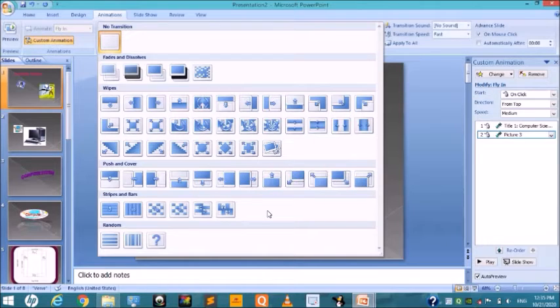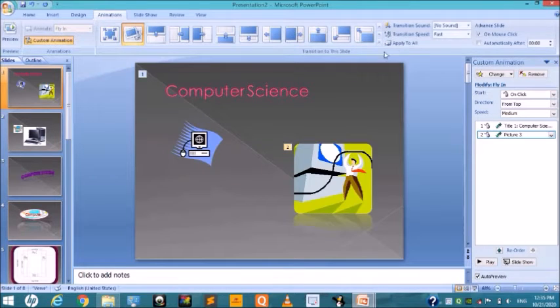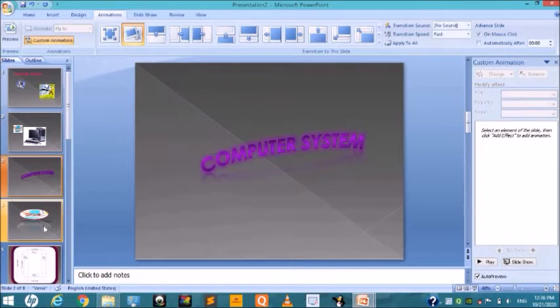Okay, a live preview of the effect will appear on the slide. Next, you have to apply the same transition effect to all slides in your presentation. So you have to just click the Apply To All button in the Timing group of the Transition tab. Okay, for example, I choose this transition to apply to all slides, meaning this transition is applied to all slides.